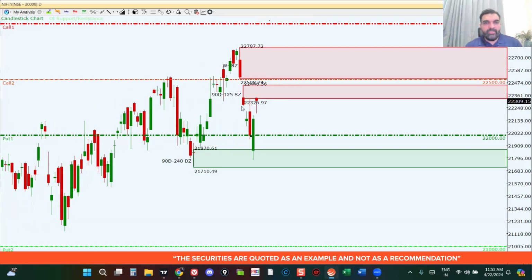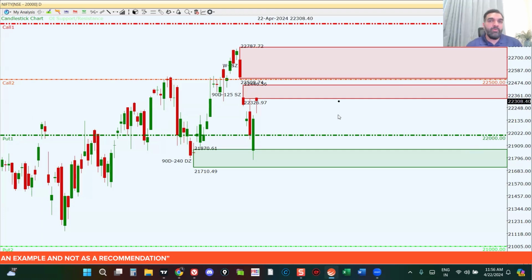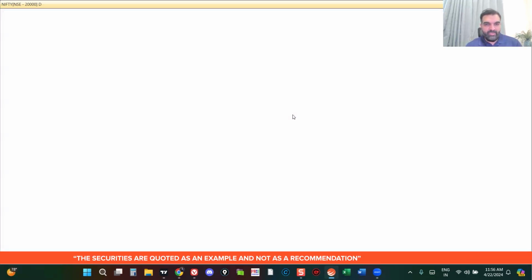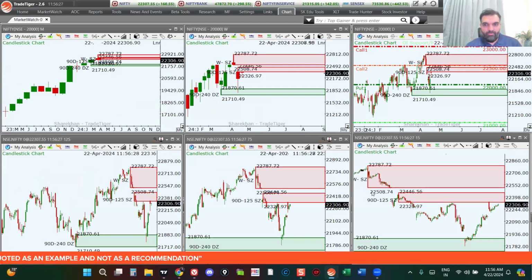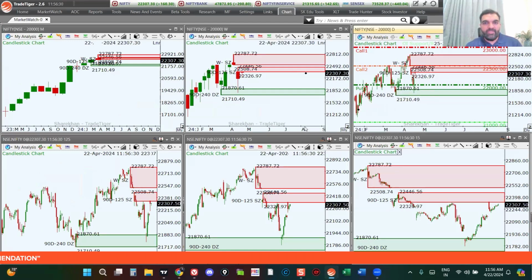So right now we can currently see that the 22,500 has an open interest, and we also see 22,000 is also acting as a support level, right? So you have the put open interest at 22,000 and you have the call open interest at 22,500, which means for this week, we could expect the prices to range between 22,500 and 22,000 odd levels. And if you have a supply zone lining up within these levels, then it just adds more to the confluence part of the strategy that we teach at Sher Khan Education.